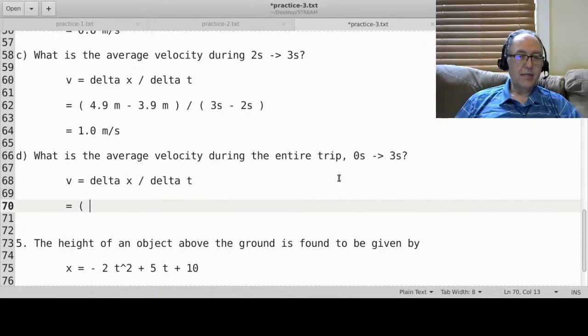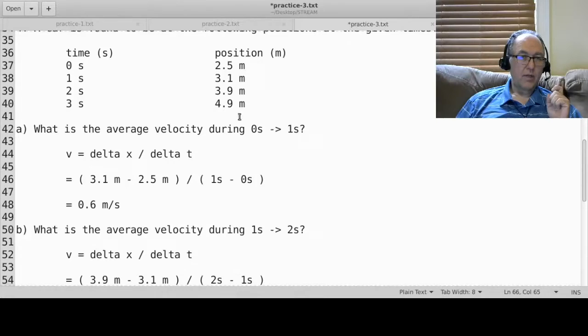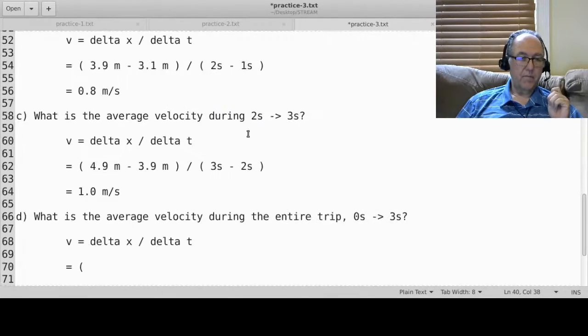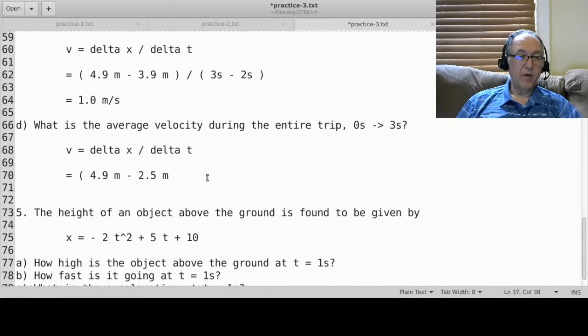And now your delta x is the position at 3 seconds minus the position at 0 seconds. So at the 3 second mark, the car was at 4.9 meters, like that. And at the 0 second mark from our table, it was at 2.5 meters. Okay, and so now our delta x is, again, you have to measure where were you at 3 seconds, where were you at 0 seconds, so the final position minus the initial position,